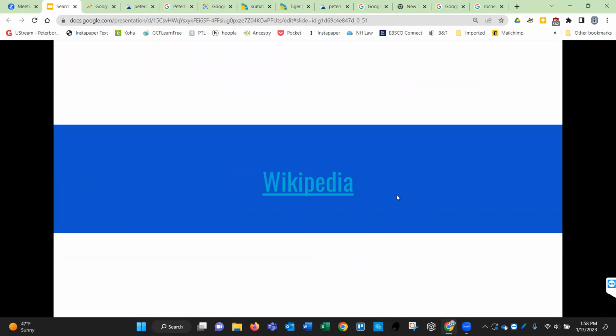Wikipedia has a very, very bad reputation. But depending on what you're looking for, it can actually provide some really interesting information. And the pages that are most controversial have been shut down so that they can't be edited by individuals. Like the page on Hillary Clinton, for some reason, has been shut down, so people cannot edit it. But I just wanted to show you a couple of things in Wikipedia that I think are pretty interesting.